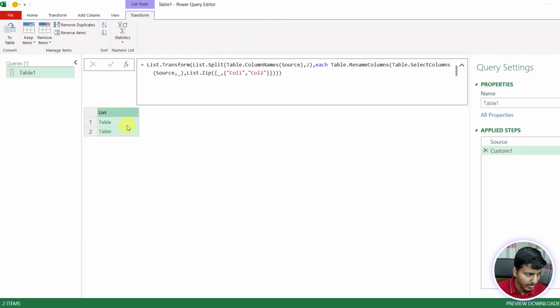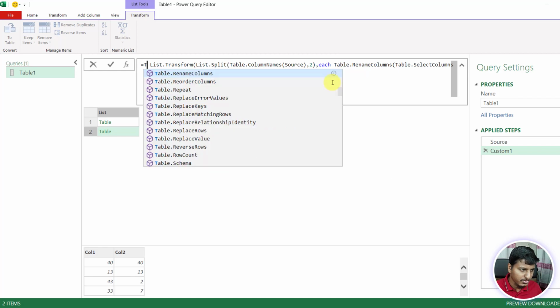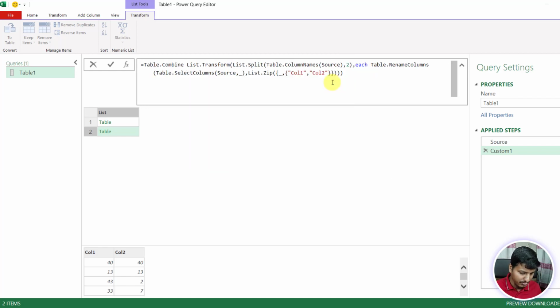Okay, so we have now a proper column header. Now if you have more than 2 columns, then you need to use column 3 and so on. Better to keep a meaningful name like successful and failed, but I am using col1 and col2 to make it a little bit easy. So now we just need to use Table.Combine, and we can just use this,